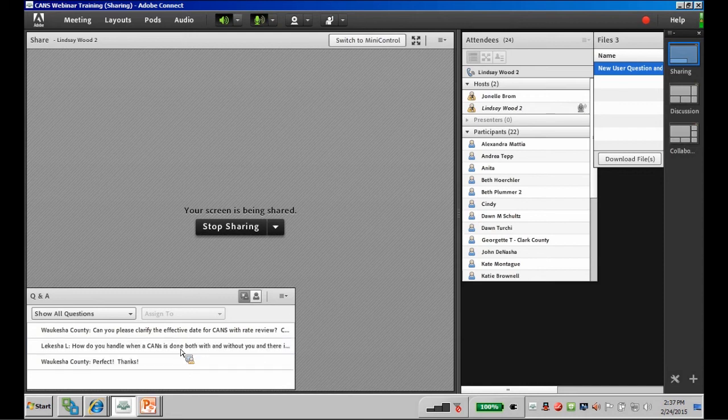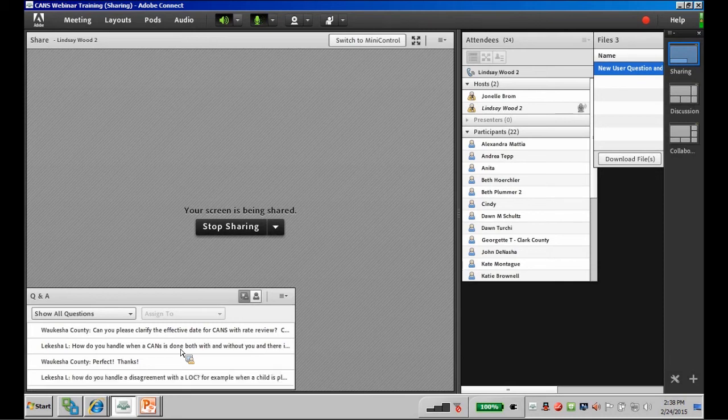I can't figure that out on the fly. SACWIS will tell you when it's due. It may or may not be September 17th. It's exactly 6 calendar months. So it will give you the tickler for that, or you'll get an email notification. And then for the CANS, you'll have that due the same day because it's 6 months.